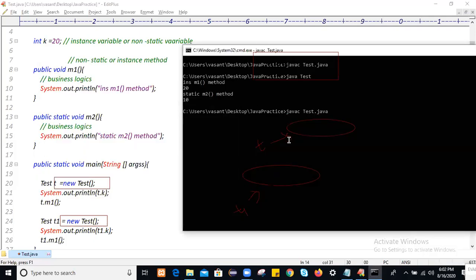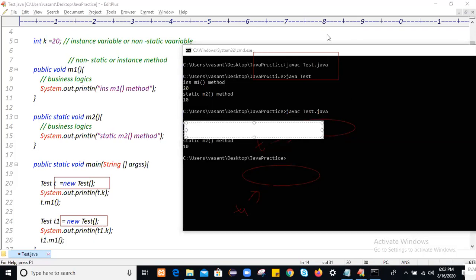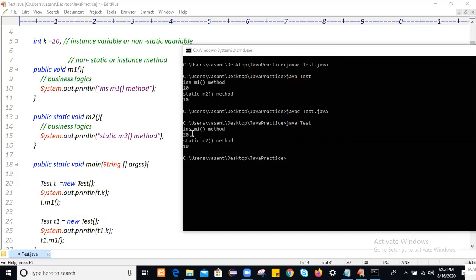So if you compile it fine and run it, the instance members like the instance m1 method will run two times.